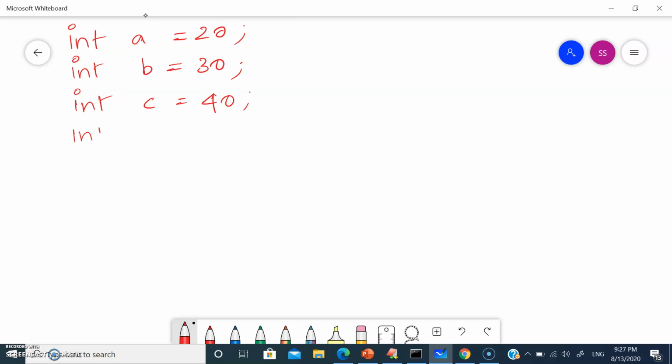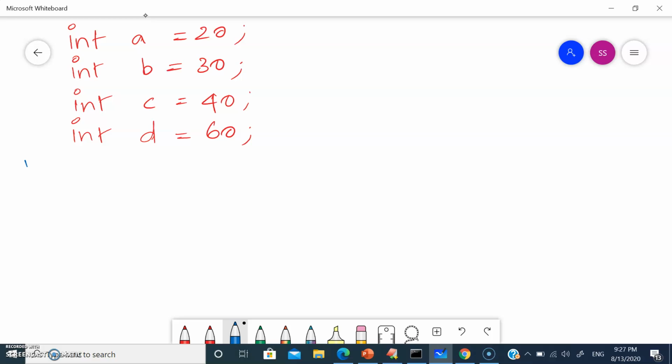Let's take another example for a post increment. Int a is equal to 20. Int b is equal to 30. Int c is equal to 40. Int d is equal to 60.